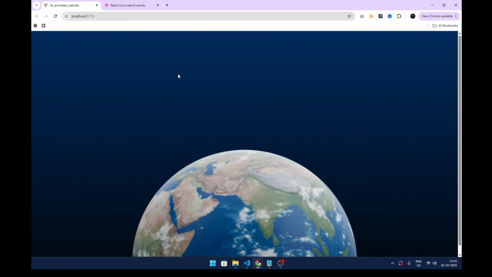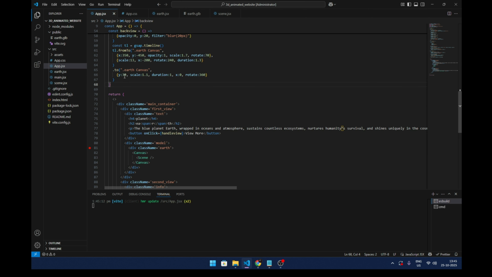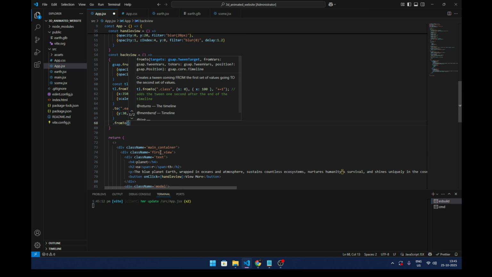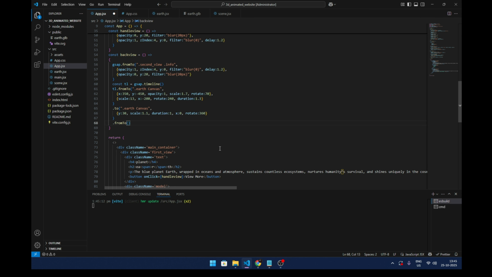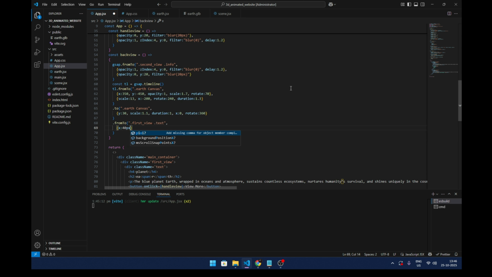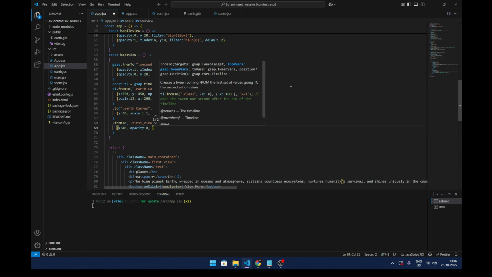Now the text will appear here. So let's make the text appear here. Now we will use dot from to in this timeline. Dot from to where first view, inside first view dot inside text. Now we'll set x to 40, opacity from 0, and